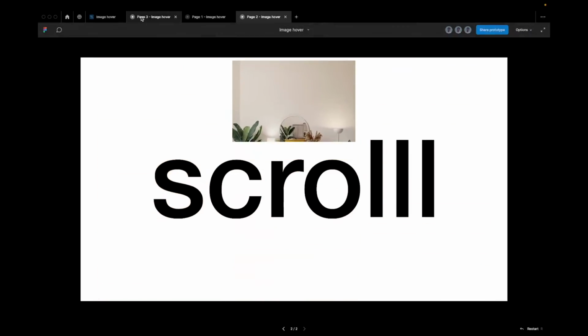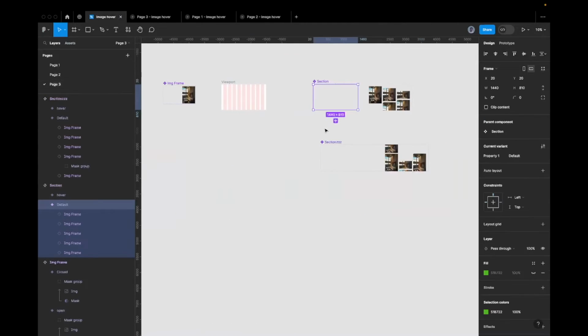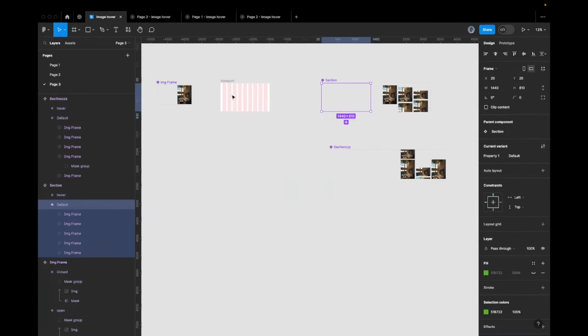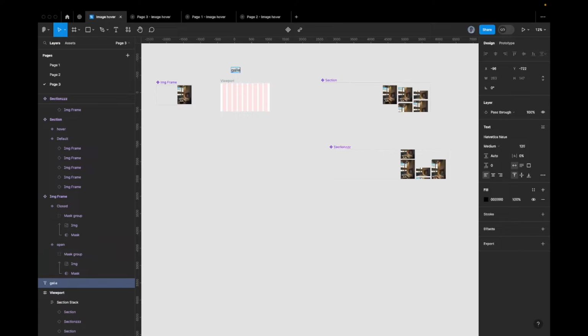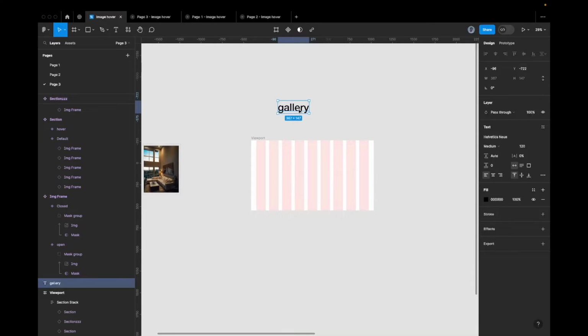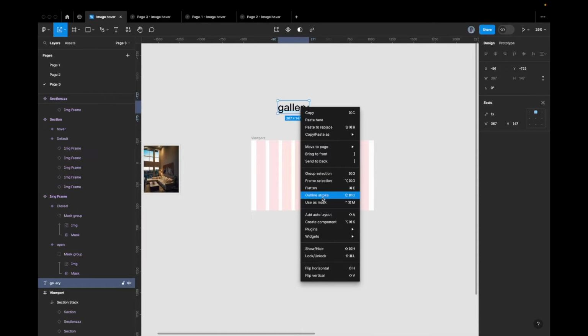I'm just going to type something like a gallery. Let's call this thing gallery. So I'm going to type gallery in the middle here, in this viewport. I'm going to click text and then type gallery. The font I'm using is Helvetica Neue, medium width. I'm just going to scale it up to something like this. Just type gallery, use medium width, and then I want to turn it into a vector,